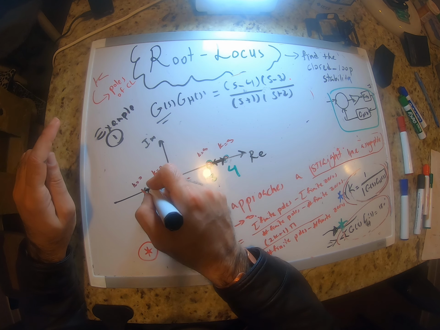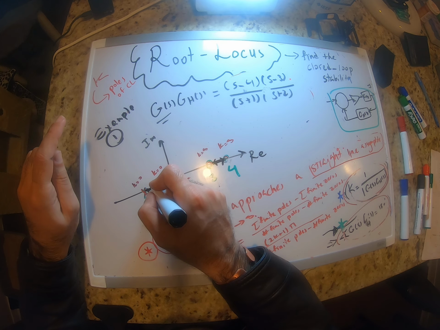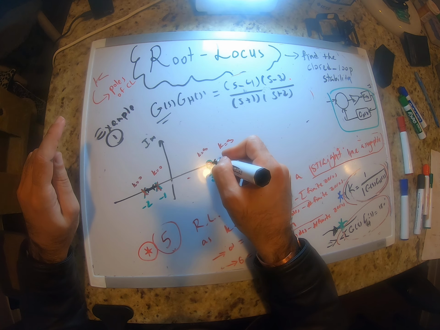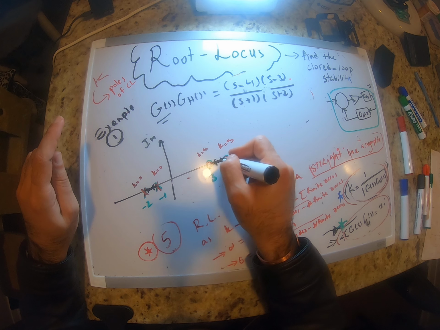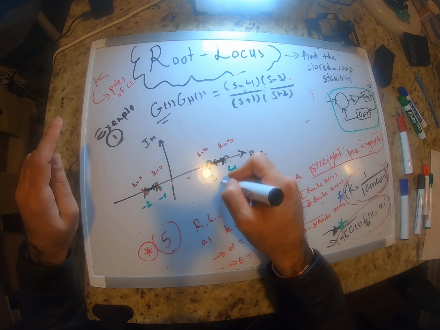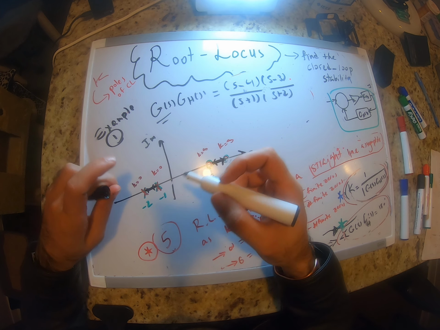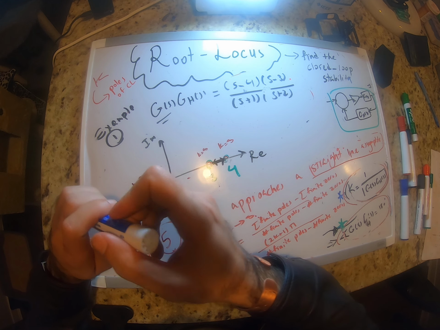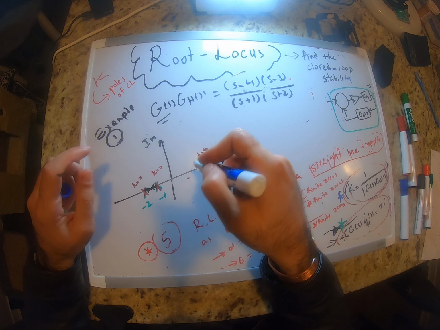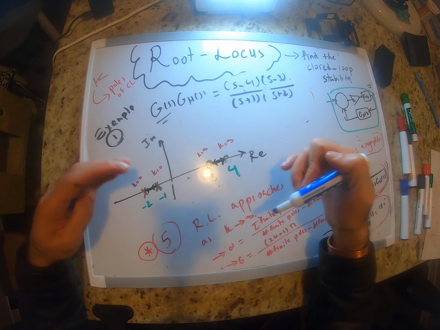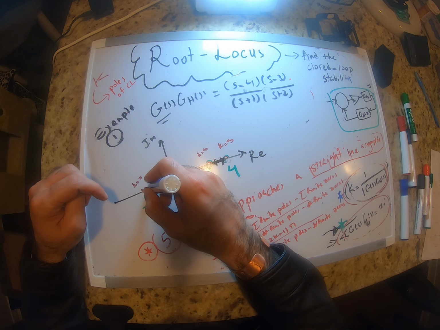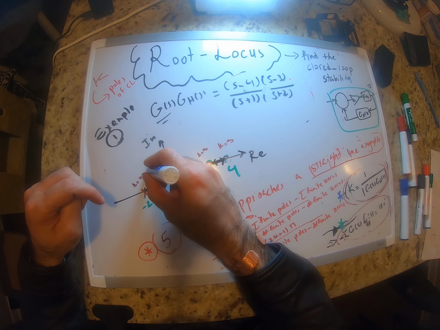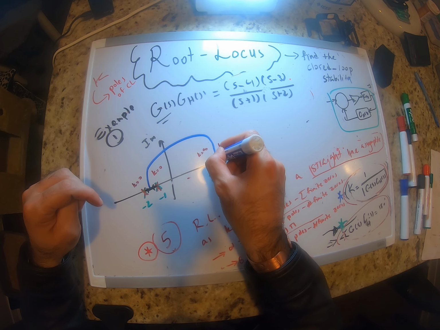So somehow one pole is gonna come here and then move to either 3 or 4. The other one also the same thing. Okay. I'm not gonna prove this, but most of the time the Root-Lucas branches are either straight lines or gonna be in the form of circular